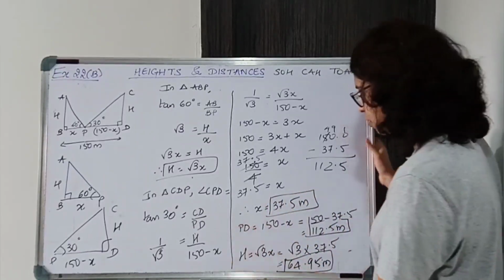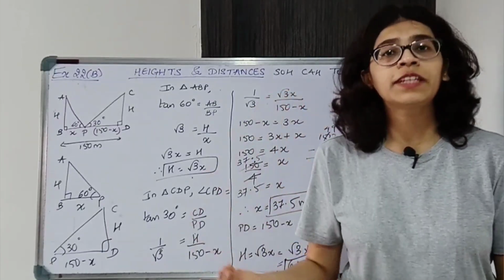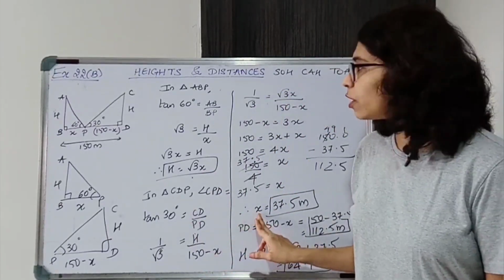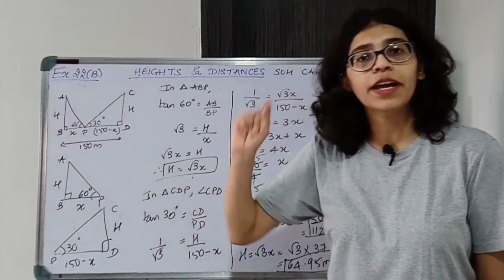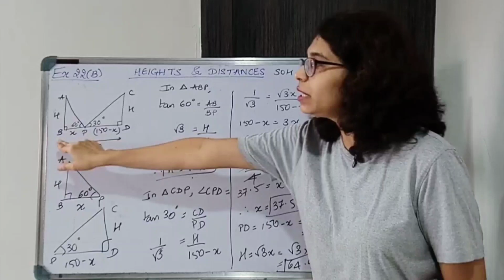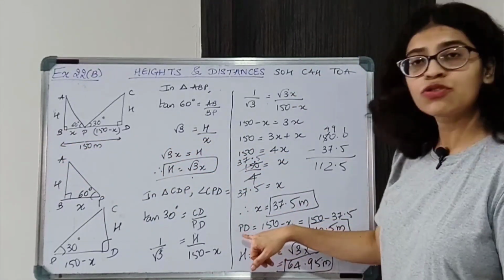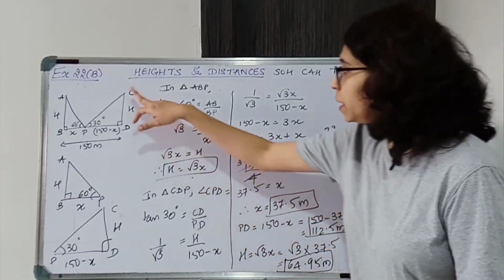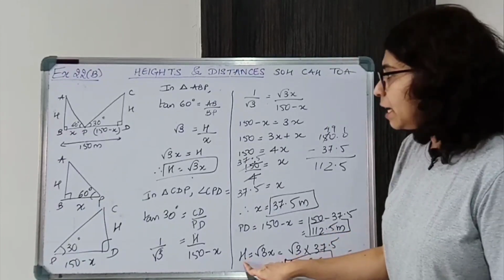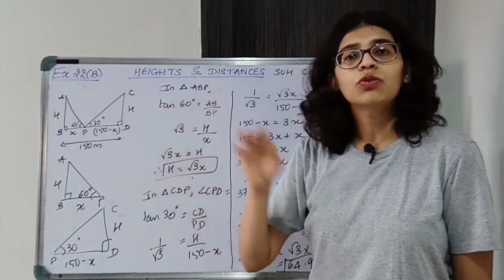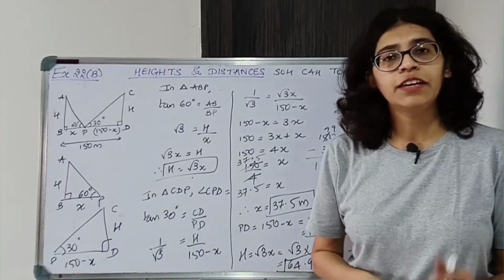Okay, now these are the important values that we wanted. Box the values. Okay, now write down the final statement. x is what? The distance of the point from the pillar AB. So just write down the position of the point from pillar AB is 37.5 meters and the position of the same point from pillar CD is 112.5 meters. Okay, h is the height of both the pillars, so the height of the pillars is 64.95 meters.